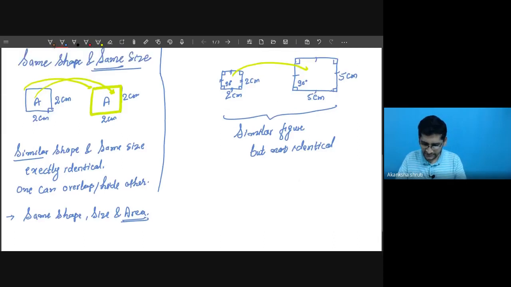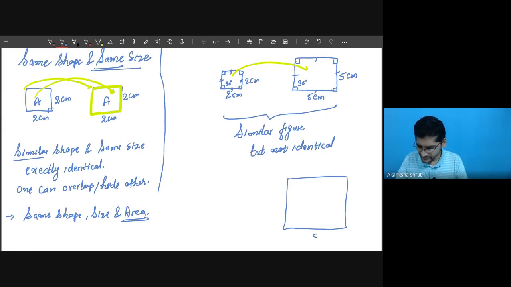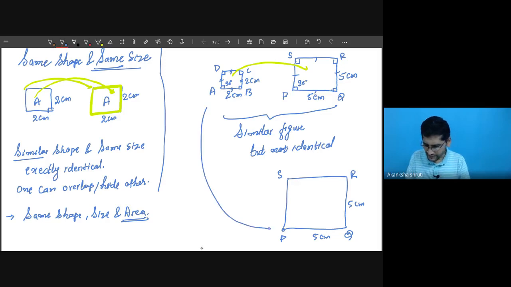The student, observe this carefully. If I am shifting, let me take this rectangle as the 5 centimeter. This also has 5 centimeter. Let me mark the vertex as ABCD and the other bigger square by PQRS. In this case, I am considering A is coinciding with P, or you may take any vertex coinciding with any one. Let me take, this was our P, Q, R, and S. Let me take A is coinciding with this P.